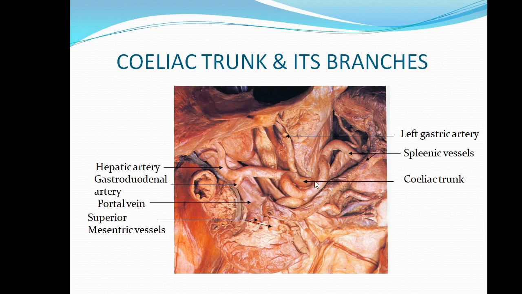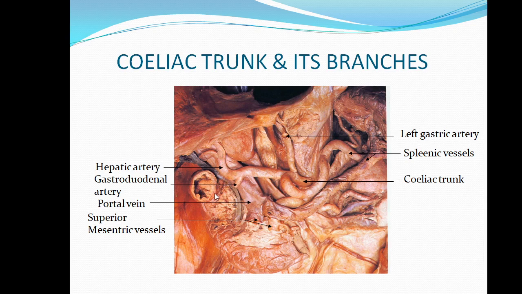Now, here you can see the three important branches of the celiac trunk. The largest one is the splenic artery, which is very tortuous here, you can see. It runs along the superior border of the body of the pancreas, and it is tortuous to allow for the movements of the spleen during respiration. Now, the artery which is going up and to the left is the left gastric artery, and this artery which is going right and up is the common hepatic artery, which divides into hepatic artery proper and the